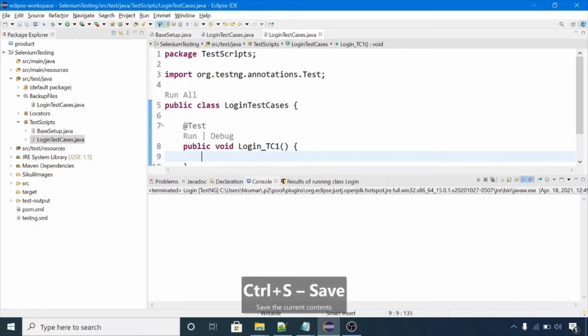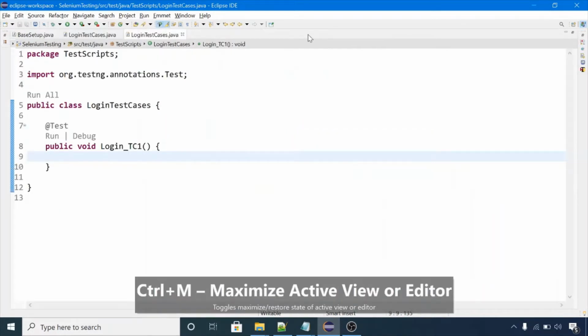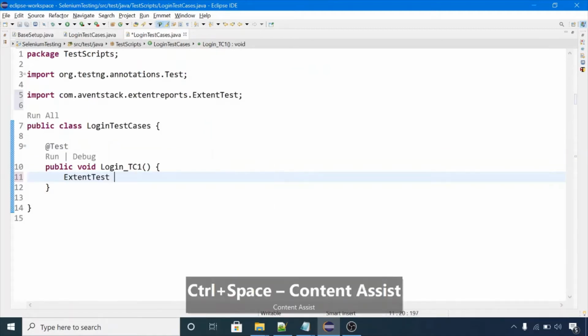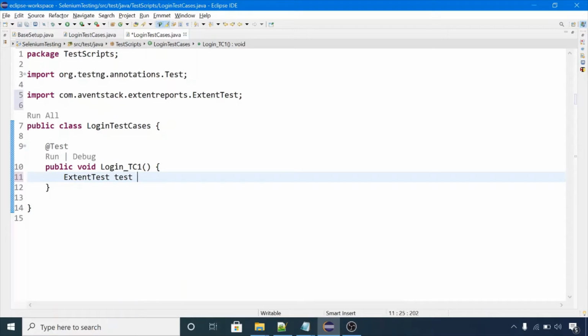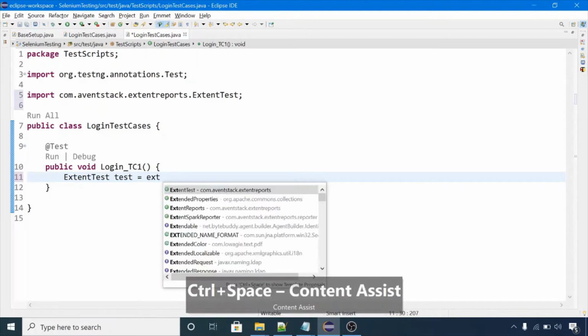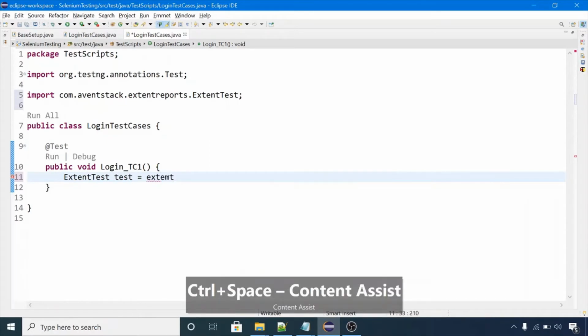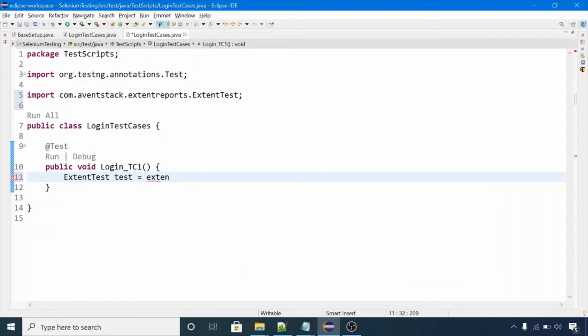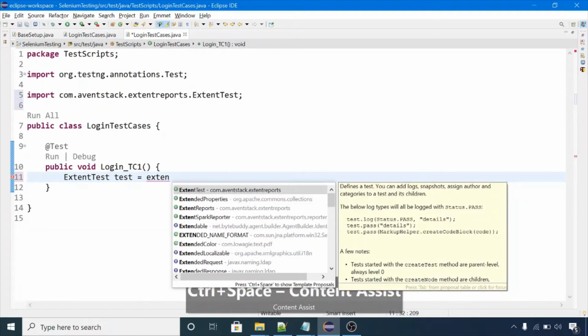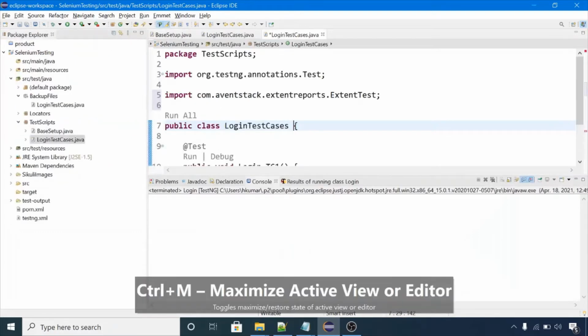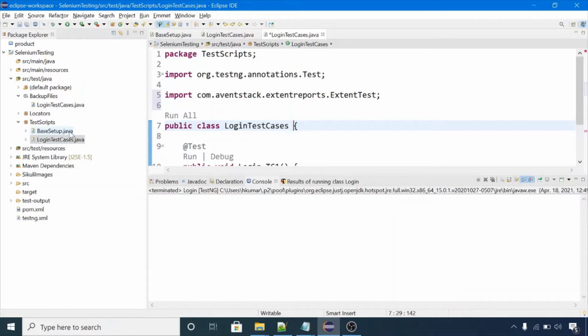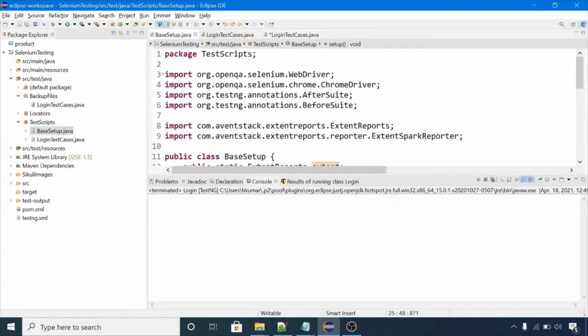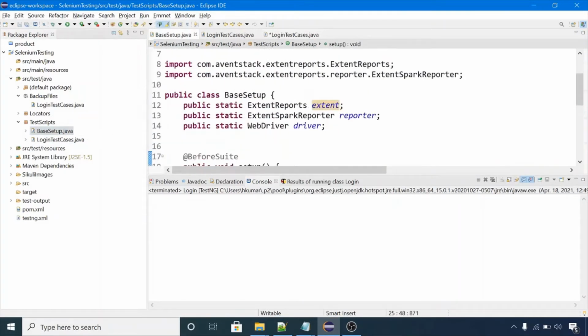In this test case, first of all we need to create an ExtentTest object. ExtentTest test is equal to new Extent... Extent is not visible here, so we need to extend base setup. In the last video we covered that we will create a single instance of Extent Reports in the base setup class, and that is static, and when we extend this base setup class it can be used anywhere.